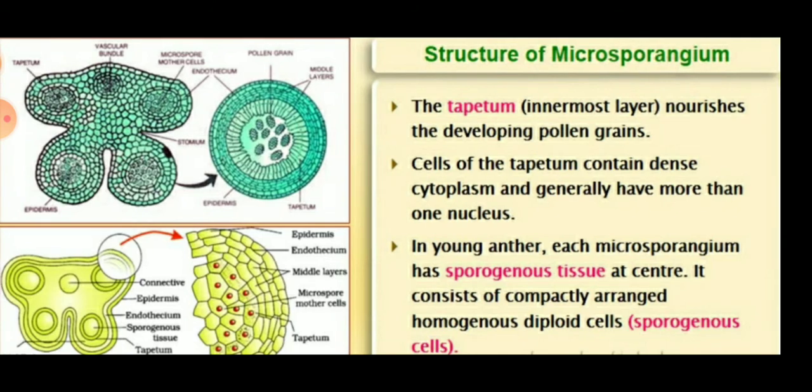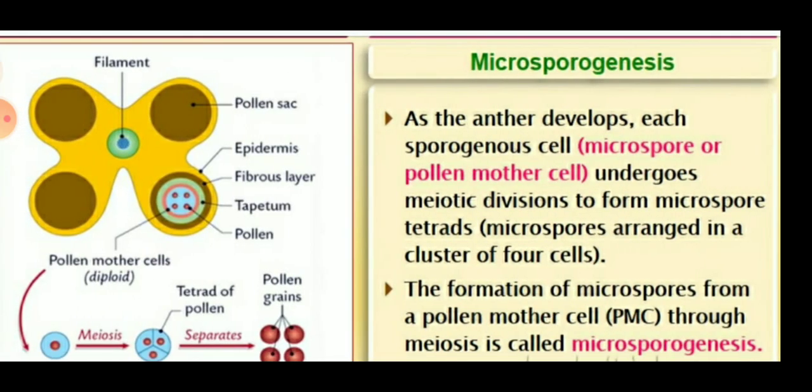And the innermost layer, which is called the tapetum, nourishes the developing pollen grains. The cells of the tapetum contain dense cytoplasm and generally have more than one nucleus. In the young anther, each microsporangium has sporogenous tissue at its center, made of compactly arranged homogeneous diploid cells. Children, as the anthers develop, each sporogenous cell is called a microspore mother